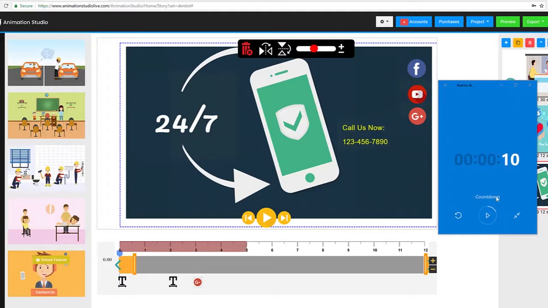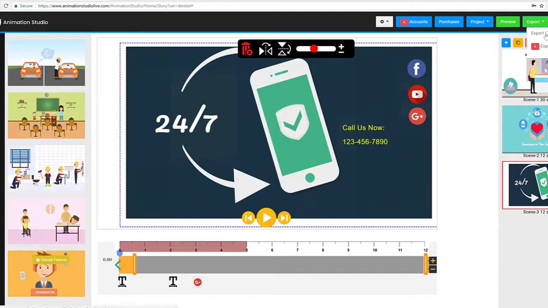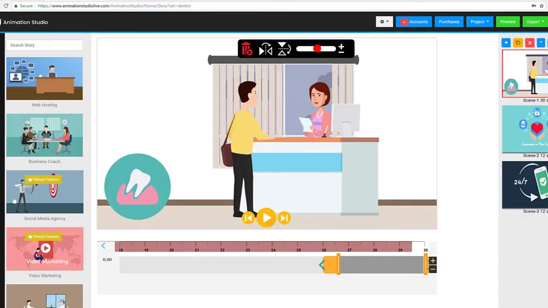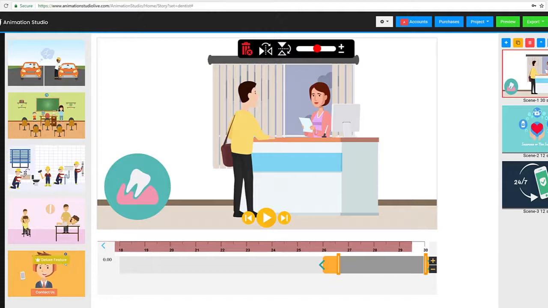My countdown timer shows 10 seconds, so let's play it. All you've got to do next is click on export and click on the export option here, and your video will start rendering. As you can see, even with explanations, it took me less than 59 seconds to create a full-fledged professional animated explainer video. Other awesome features include the revolutionary open canvas technology, where you can go beyond the templates